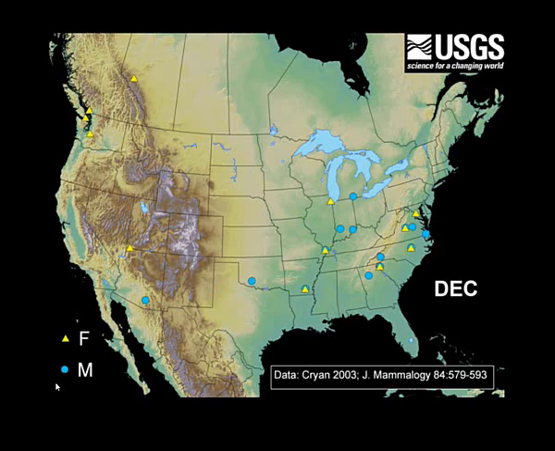So there's a few things about this. One is there's obviously a lot of bias associated with this. This happened to be where biologists went out and were lucky enough to encounter the bats. The other thing to remember is that this is all the museum records. So this is hundreds of records over hundreds of years. So whether this reflects the contemporary seasonal distribution of these bats or not is really a big unknown. And probably the most important thing to remember is that this was the state of knowledge of migration by some of these tree roosting bats as of 13 years ago. So we're really at the infancy of trying to understand bat migration.